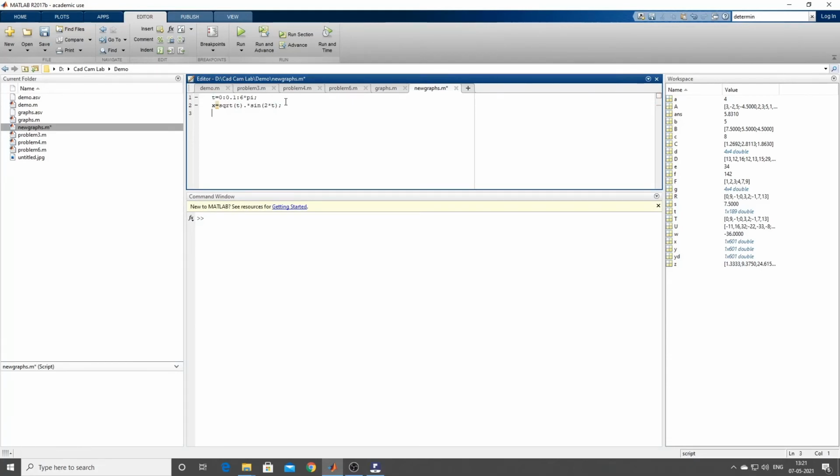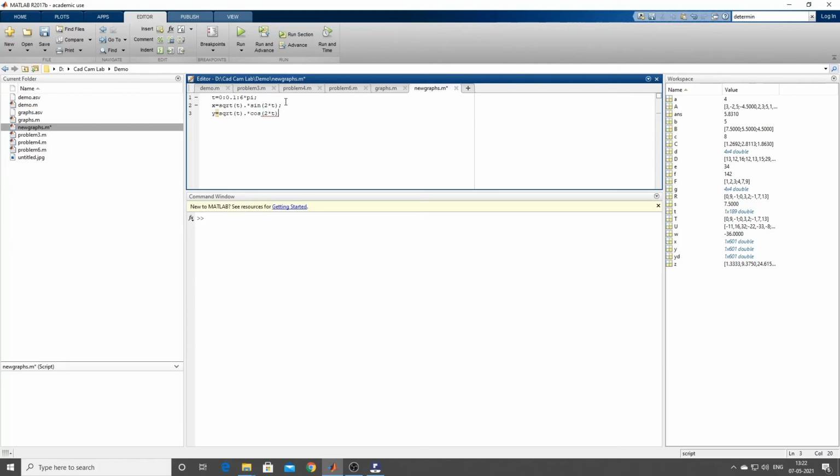Similarly, y equal to sqrt of t dot into cos of 2 into t.